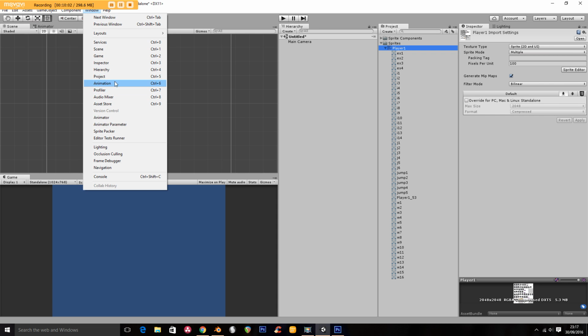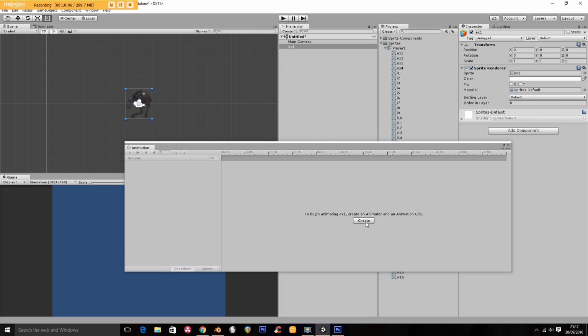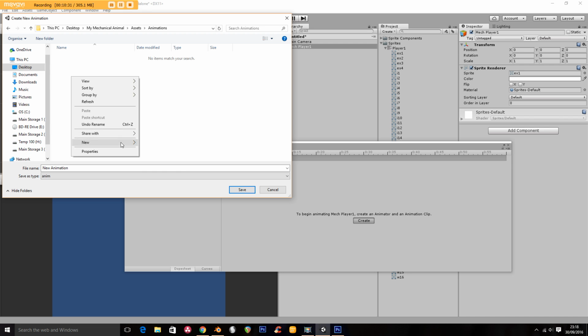So let's just set this up in the animator, and go to the animations window. We'll drag our player in here and we'll call him mech player 1. And we're going to create a folder for animations, and inside this we're going to make another folder, player 1, and then inside here we're going to call this